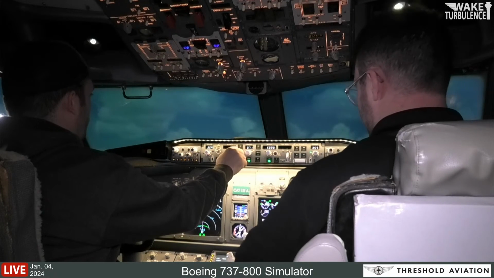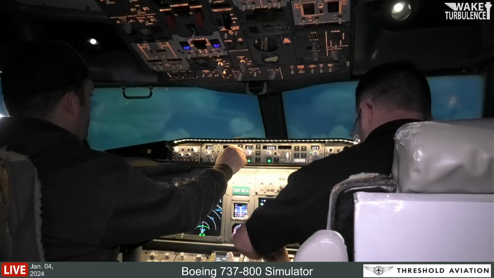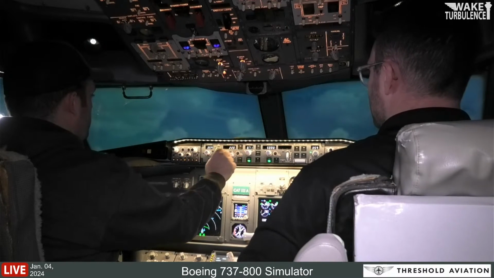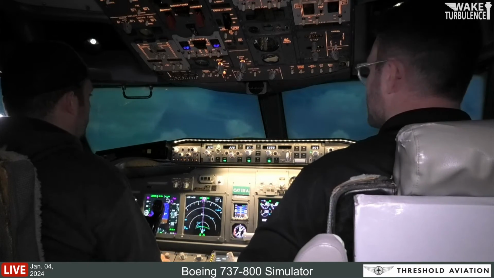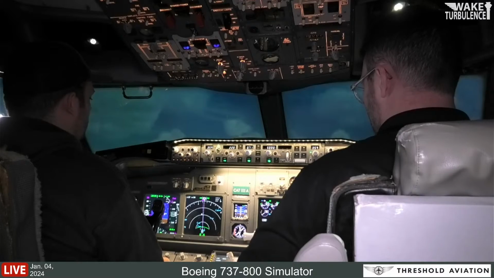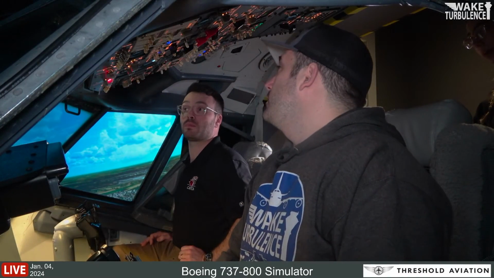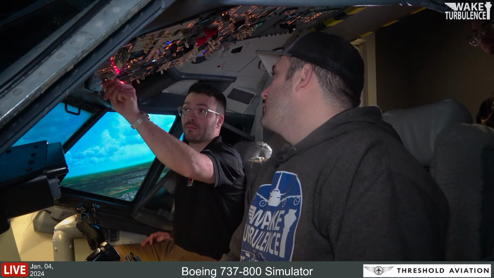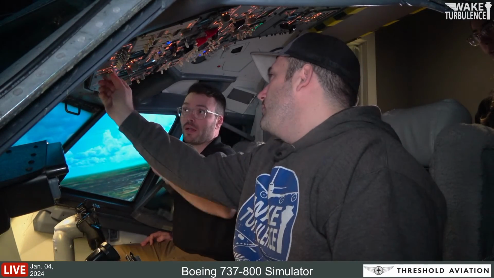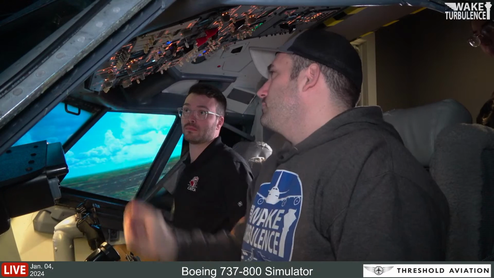Flaps 0. Arm it. Okay, auto throttle's engaged. And if you look up here, can you pull these out? That one and this one. Pull it out, yeah. This is just killing our fuel. Oh yeah, we don't do that. Air Alex strives to be carbon neutral, so we don't want to be doing that.